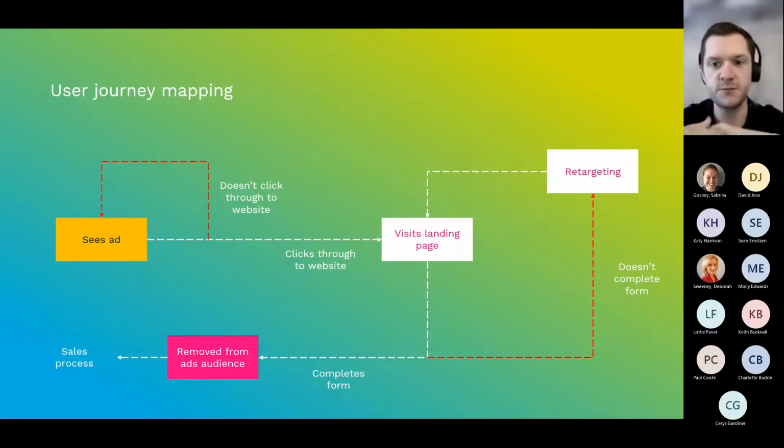How do we start to serve these different ads to bring you back in a way that's going to add value? Because if we just keep showing you the same ad over and over again, and you've already seen the landing page and you weren't convinced the first time, we're not going to drive any value. We're not going to drive any opportunity. We need to think about what that is strategically.